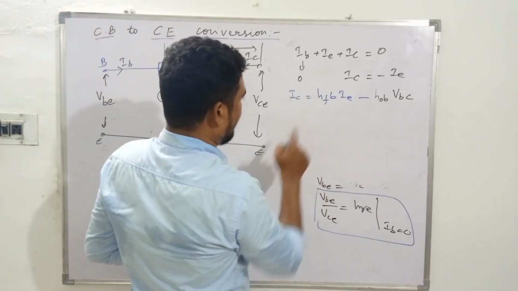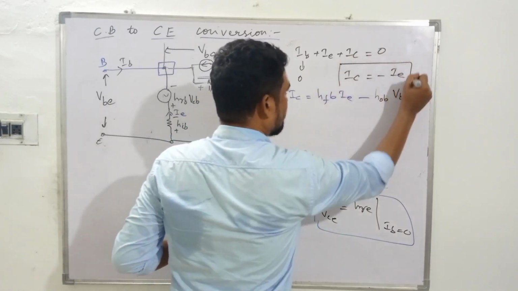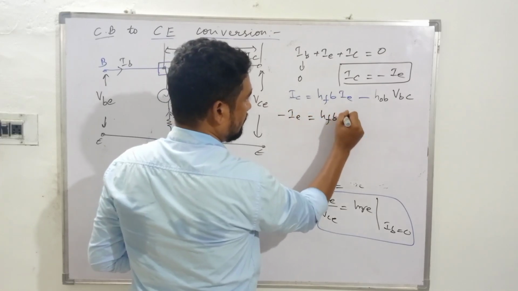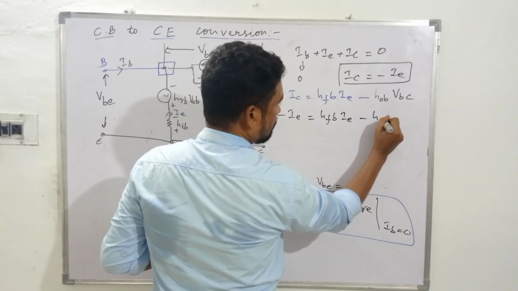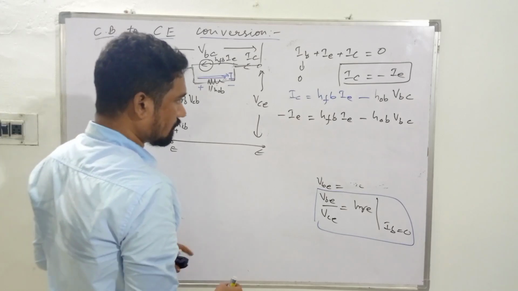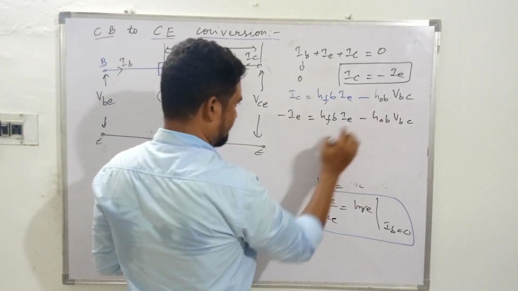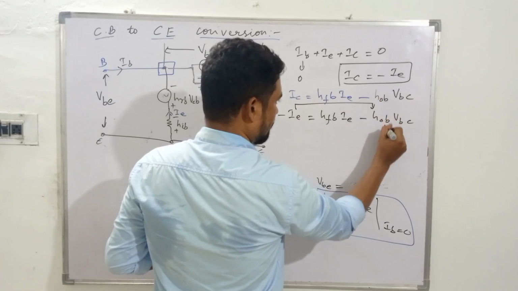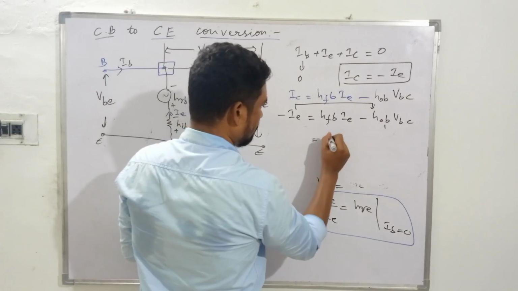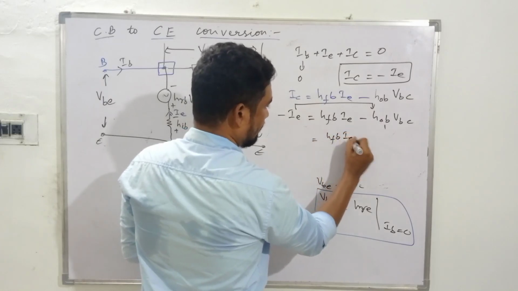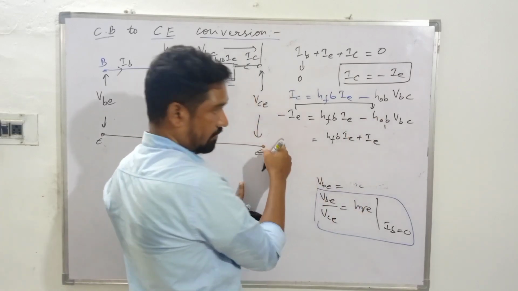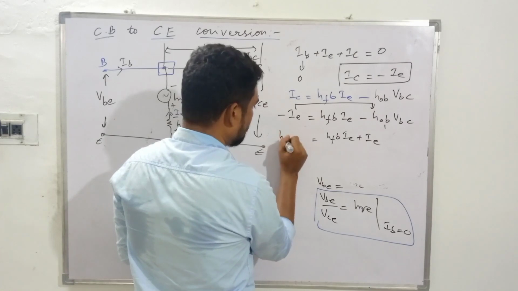All right. So IC, is this the same IC? Of course, the same IC. So minus IE, which is equal to HFB IE, negative of HOB VBC. All right. So what do we have here? Interchanging, which is equal to HFB IE. It's negative. Going that side will be positive IE, and this side will be positive HOB